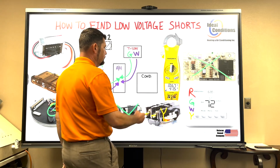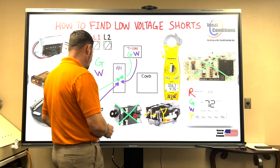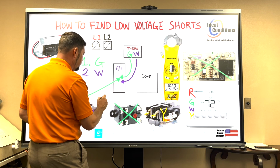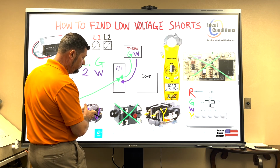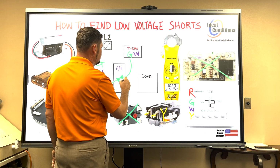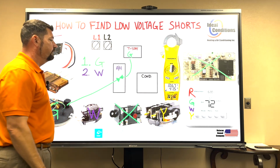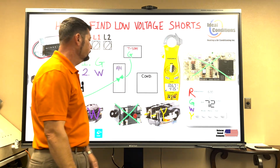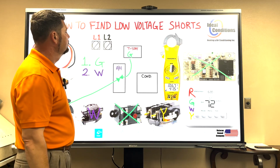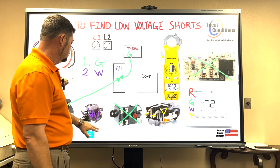The contactor will not run in conjunction on a straight cool with the heat strip. So we're going to have to back a few things out of here. We're going to take the W arrow from the heating element, heating relay, and we're going to take W off of this. We don't even want to look at it. Go ahead and just delete it. We'll leave it over here on the image. So it's a reminder that these are your 4 terminals, right? 5 if you have a common, but we've already covered that you don't need that for the thermostat to have a display. So we have G still, and with a cooling call,